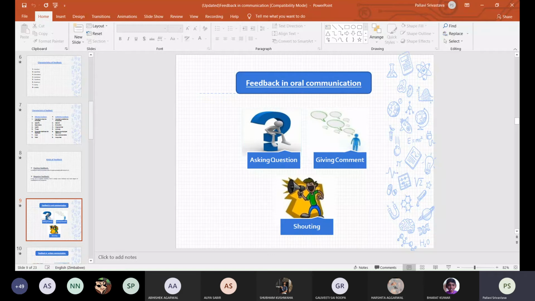When you are in a face to face class, most of the time teachers look at you and they understand, okay, you are unable to understand this, or you have some doubt, because of your facial expression. You don't even need to say it. Sometimes looking at your face, we can understand you are sleepy or tired. So how does this happen? We can understand your emotions with the help of body language. There are several ways through which we can understand the condition of this communication, where it is heading. Okay, so this is why feedback in oral communication is easier.